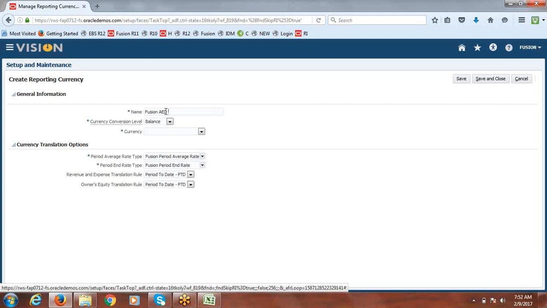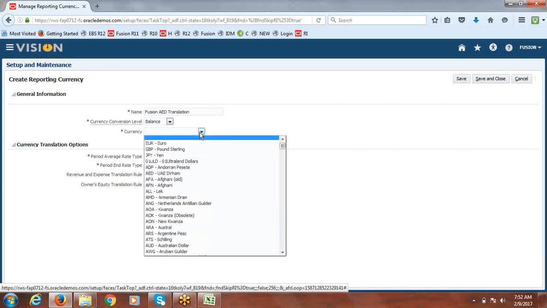So we are going to do the reporting for what purpose? For translation. So I'll write a name in this way, so it will be easy for us to understand when you are doing the consolidation. So Fusion AED translation, and here conversion level is balance, and what is our target currency? AED.